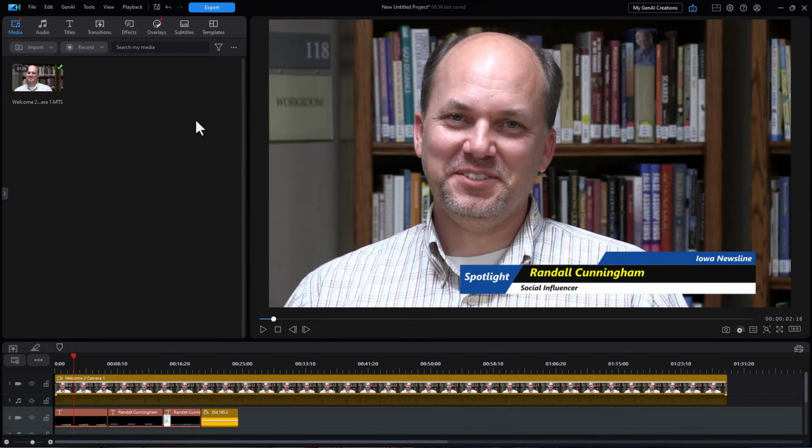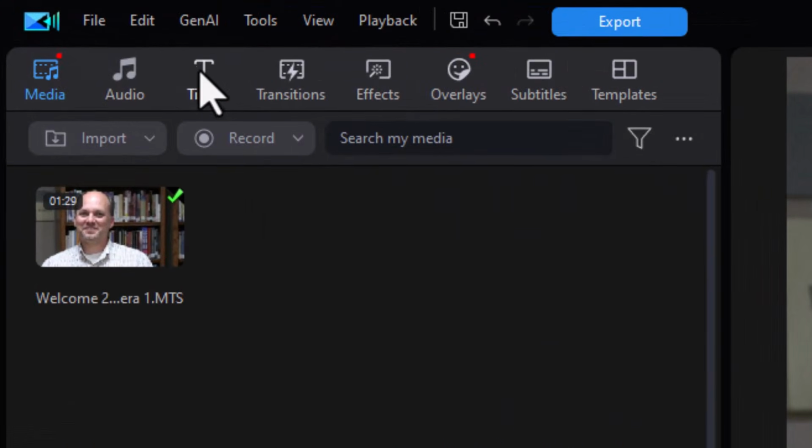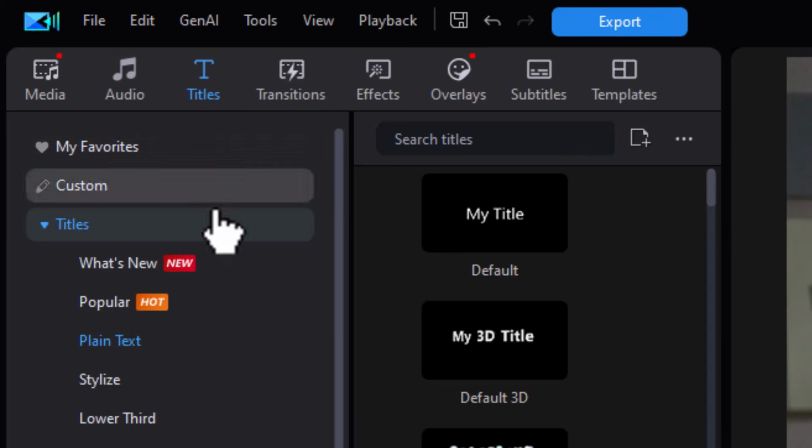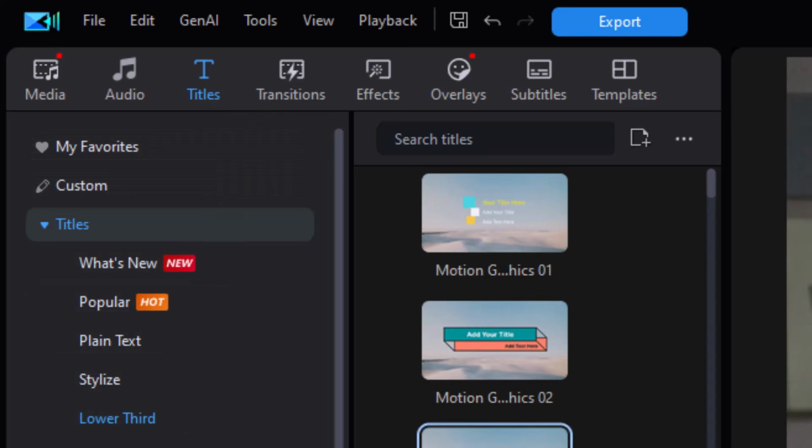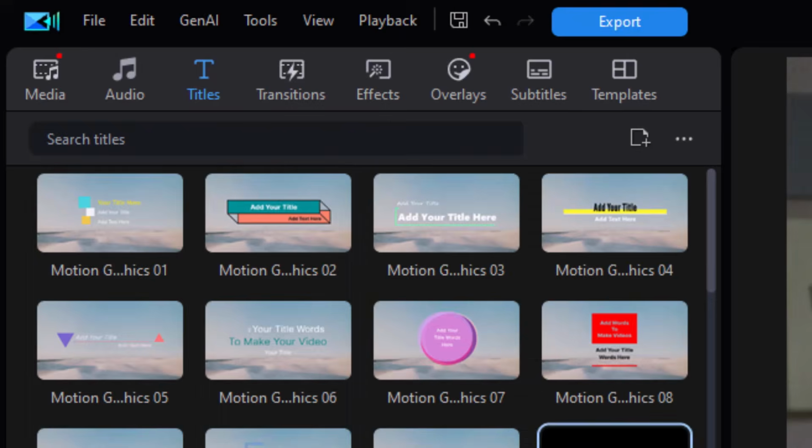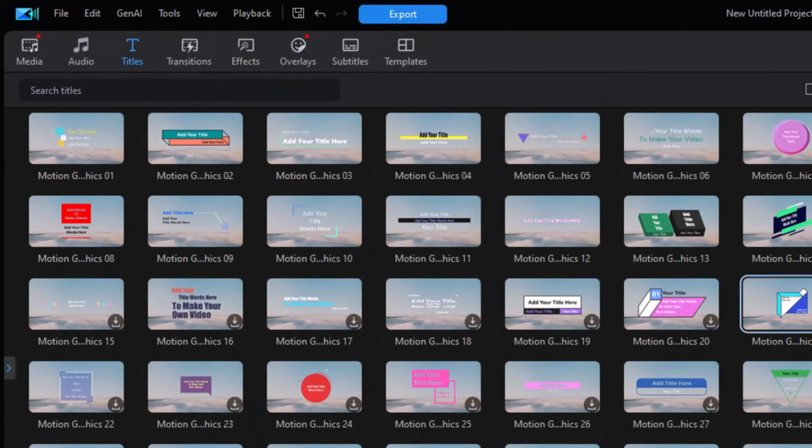So what I'm going to do first of all is take one of the most common ways we use it, which is to use simply a title called lower thirds. So I'm going to go into my titles room in the upper left corner, and I have one called lower third. Now when I open this up, I find I have a lot of titles that for me don't really